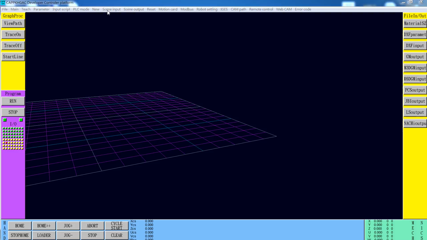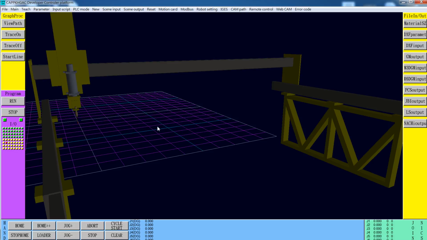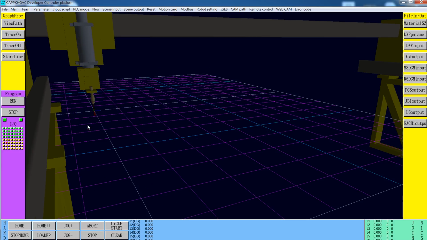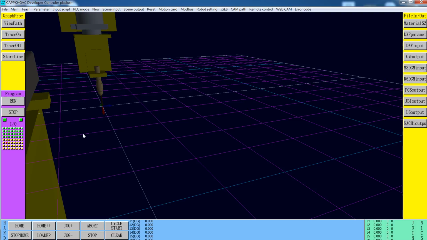Then we use scene input, the folder CMS GAC data, and then the one we just adjusted is GAC14R, and pick it and open the file. You can see in here, enlarge it, RGB in the right position according to